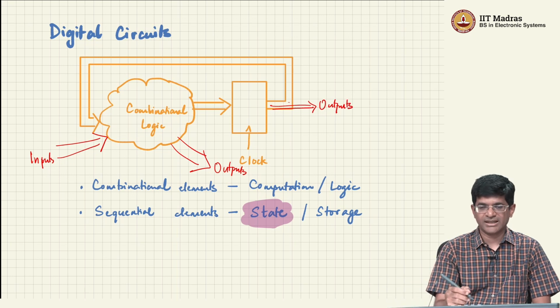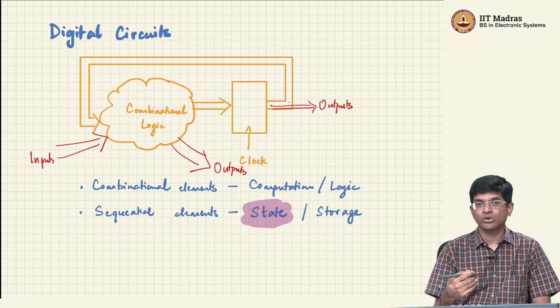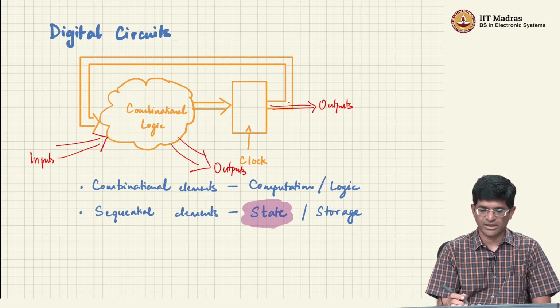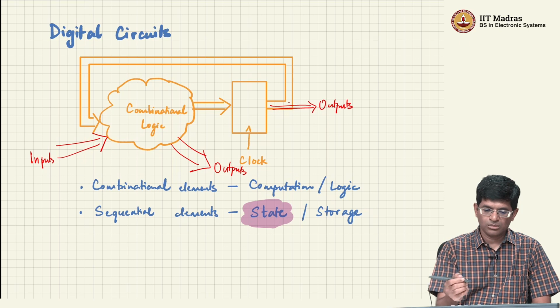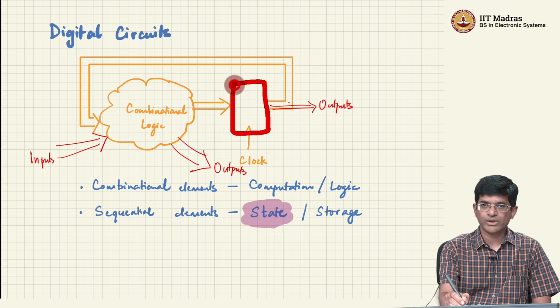The point being that just these two different kinds of circuit elements are sufficient to give rise to a very broad variety of different functionalities, and in particular all forms of computation that we are aware of today can be sort of encapsulated within this kind of logic, right? So what is the important point over here? Essentially the thing is that there is some notion of a sequential element that stores state, and the most important